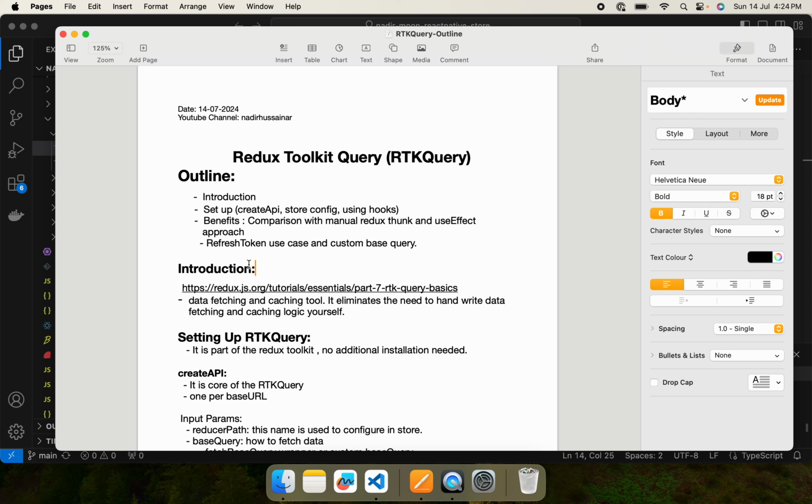Okay, first things first, the introduction. I will give you just a single-line introduction about RTK Query. It is basically a data fetching and data caching tool. That's it. It eliminates the need to handwrite data fetching and caching logic yourself. It does things automatically, so that the developer can focus on the main business requirements or